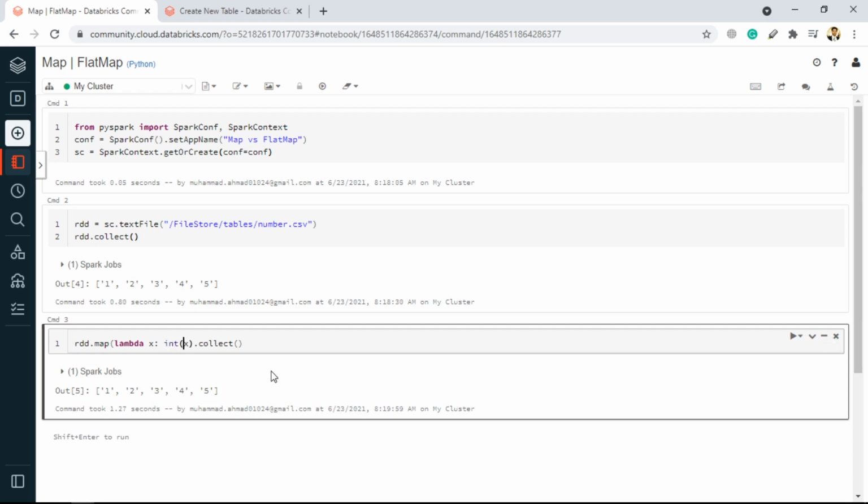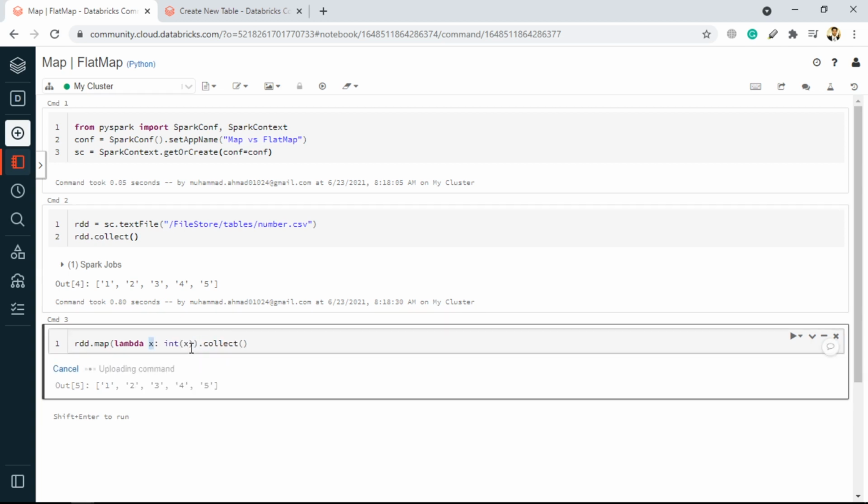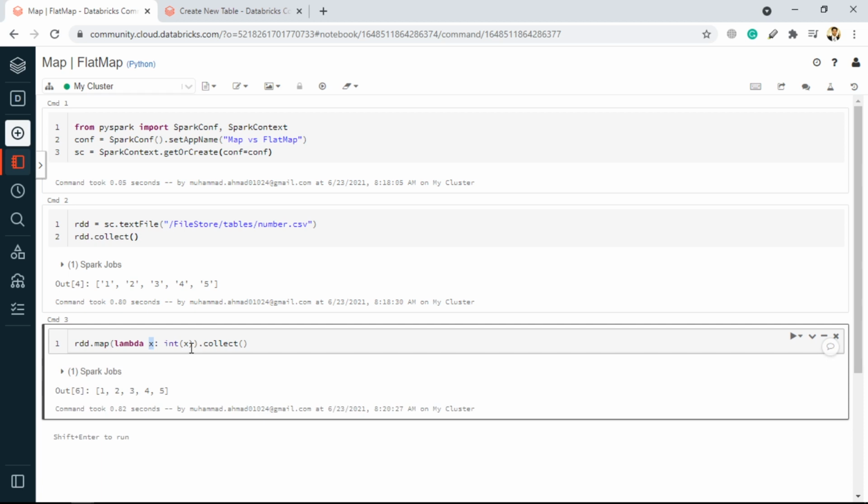Now if I convert it into an integer, here it comes as 1 because this is the first element of the RDD, and when it comes over here, it will convert it into an integer, and you will notice that instead of getting strings, we will be getting integers. So let's undo that and give it a go. Perfect, we are getting the integers, and then according to the problem statement, we just have to add 1 to it.